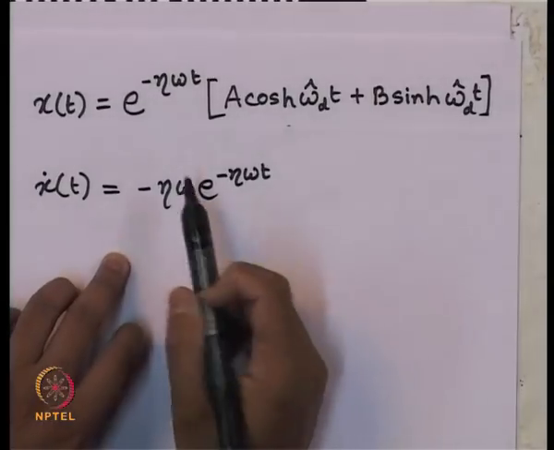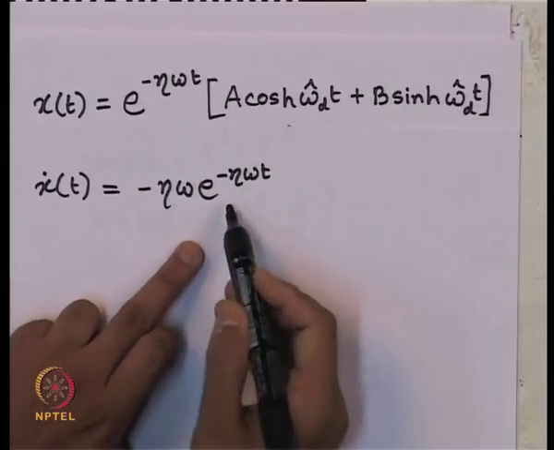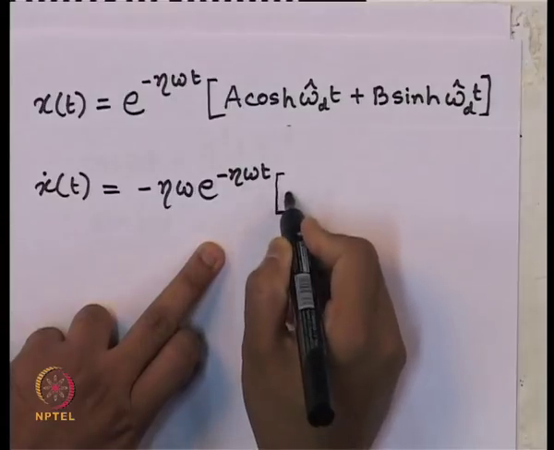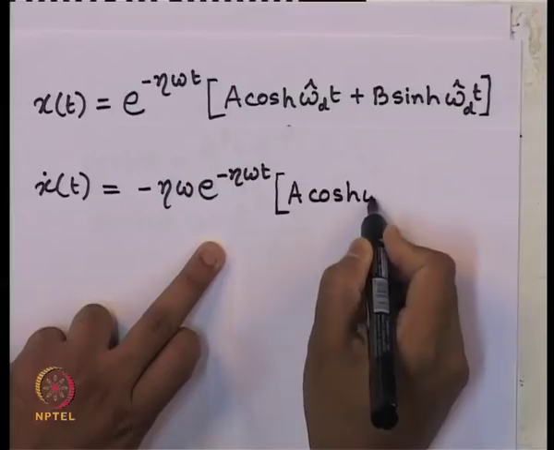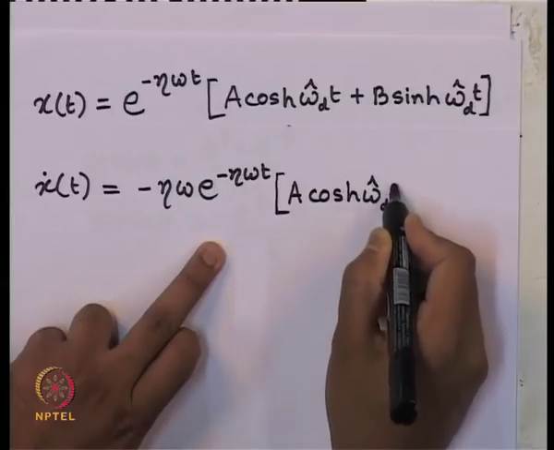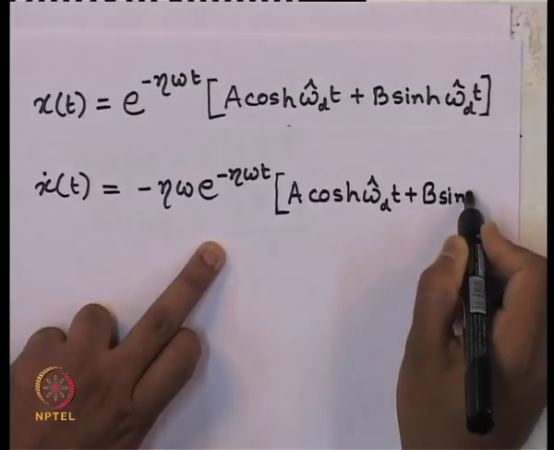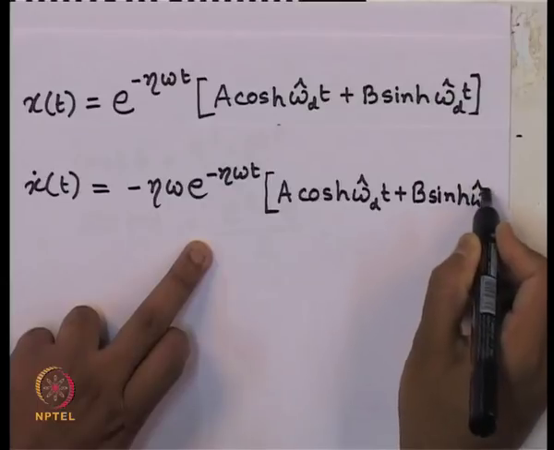So, first I am differentiating this function. So, minus eta omega e to the power minus eta omega t times this remains as it is. So, a cosine hyperbolic omega d cap t plus b sine hyperbolic omega d cap t